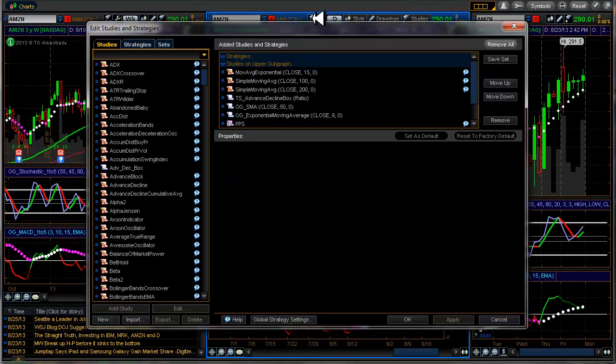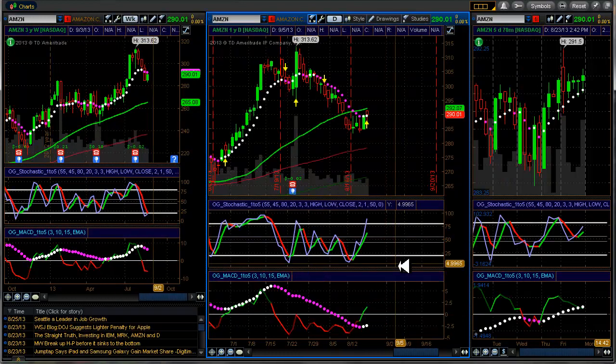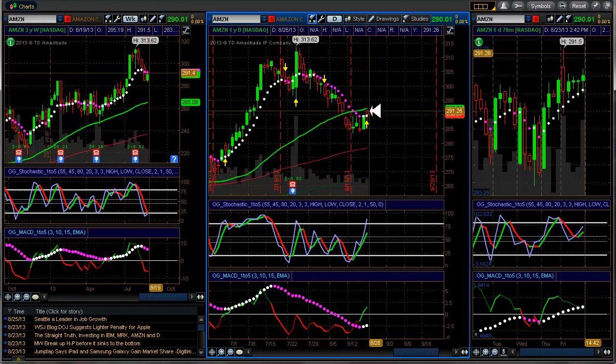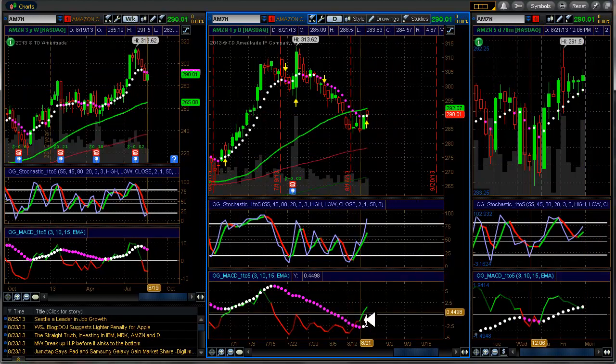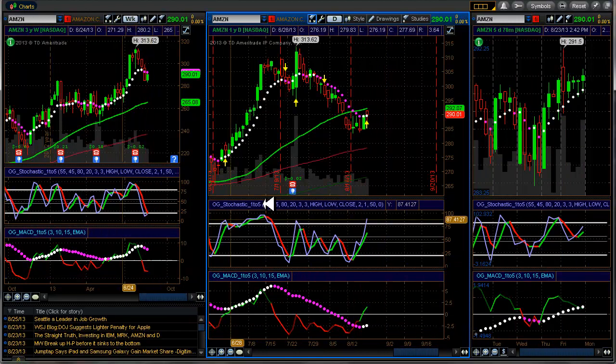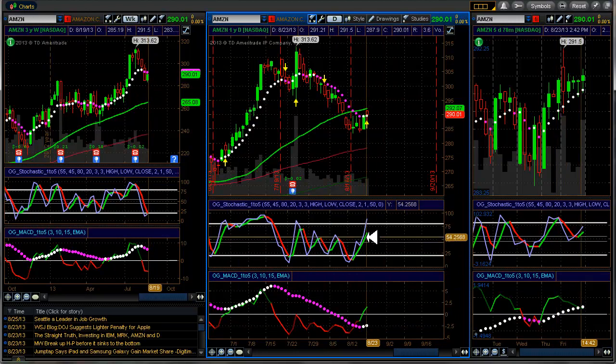Let's change PPS here. I'm going to change PPS to be buy signal. Let's make it a little bit smaller. It's a little overpowering. There we go. That's a little better. Okay. Amazon hit a gap up on Friday and a pullback. Looks like it may be in a new upward trend here. I'd like to get in a little bit earlier on these,